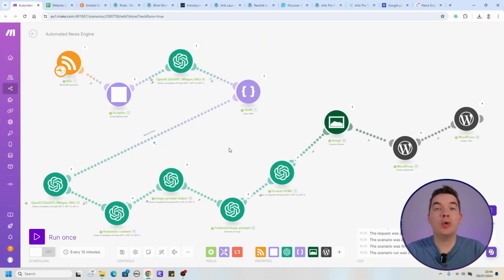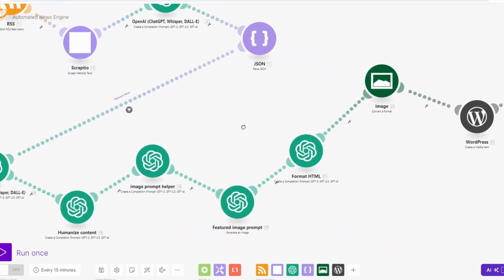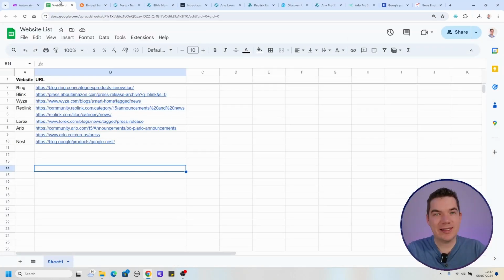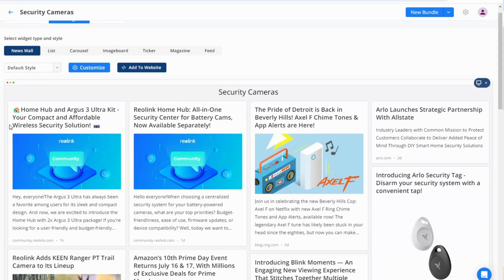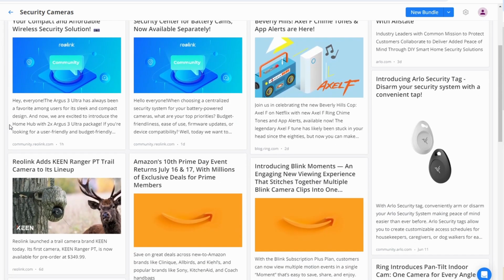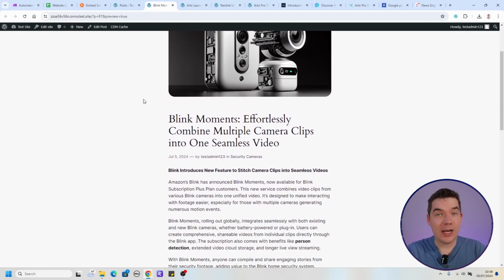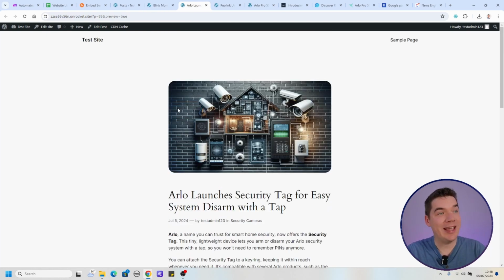In this video, I will show you an automation that will automatically create news articles using make.com. All you'll have to do is list the websites that generate content that is of interest to your audience. Then we'll quickly create RSS feeds for those websites, and then the automation will take care of the rest. The end result will be highly relevant, fully formatted news posts on your website that you can then edit and